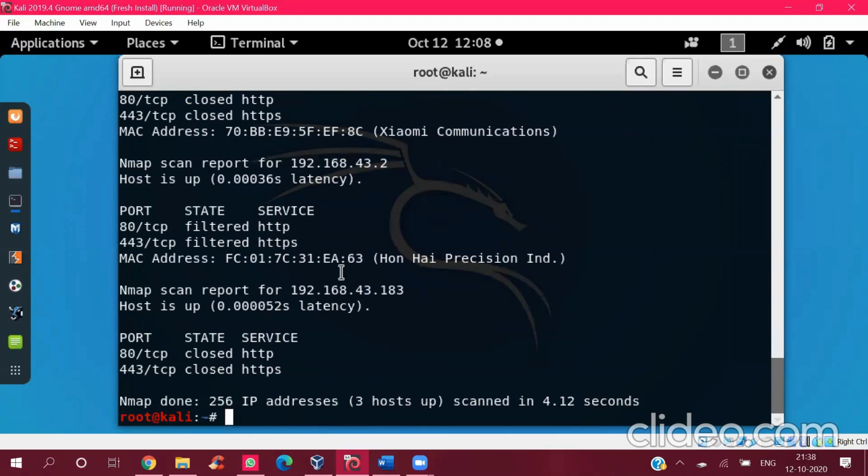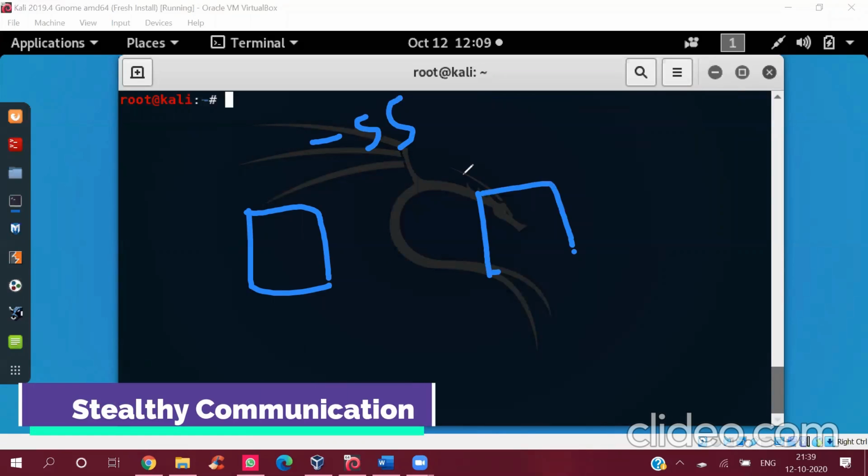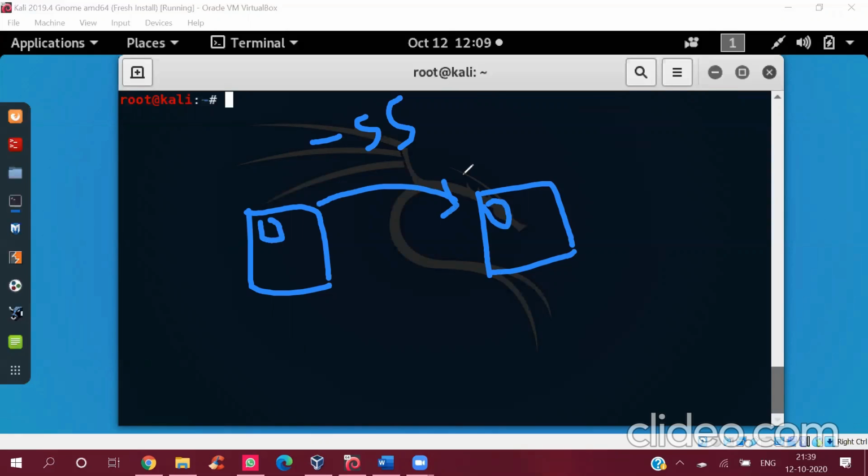The difference is in how Nmap initiates the three-way handshake. Now I'm going to show how the stealth scan communication takes place. Suppose this is our PC and it wants to communicate with this server. It will send a SYN packet, as we discussed, and the server will respond back with a SYN ACK, an acknowledgement.